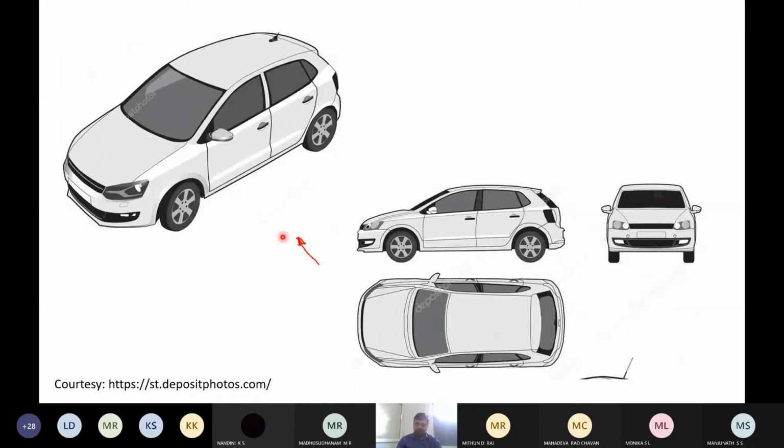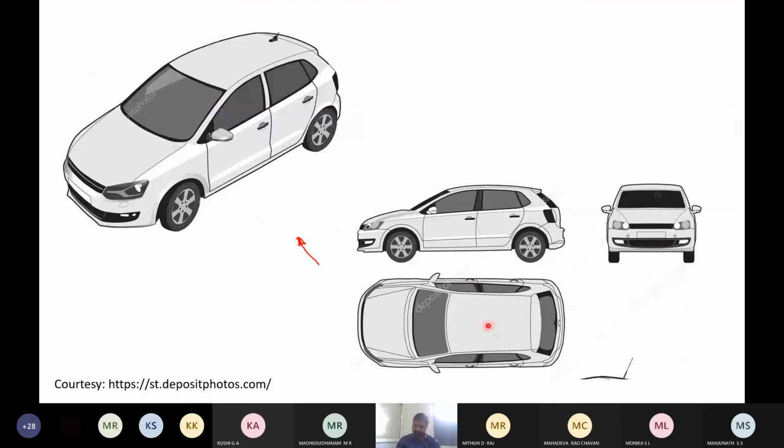Width of the car, so you have to look from this direction. You are able to see these details from which direction? This one, the top view. If you look from top, you are able to see these details of the car. If you look from this direction or this direction, you cannot see what is there at the top. In order to understand what is there at the top of the car, you have to look from top.